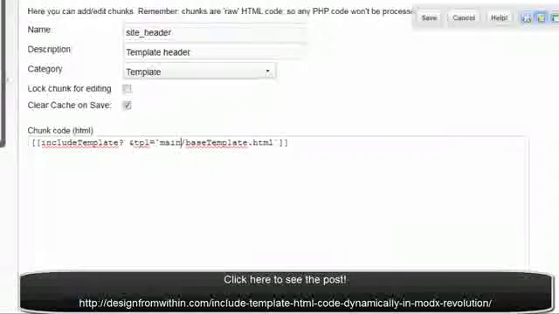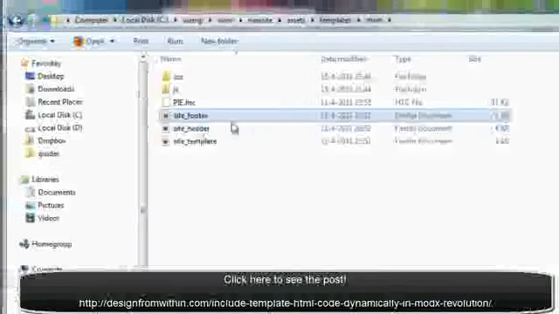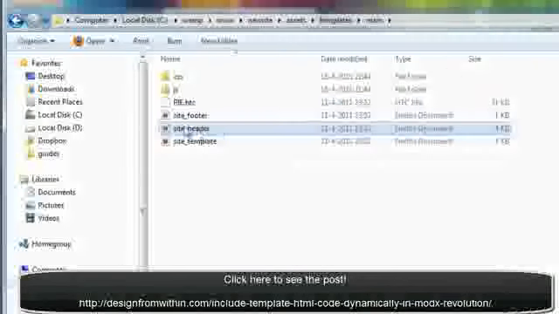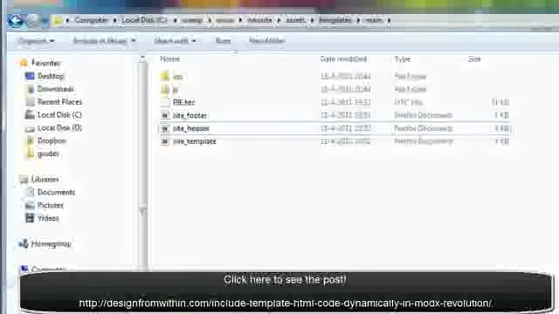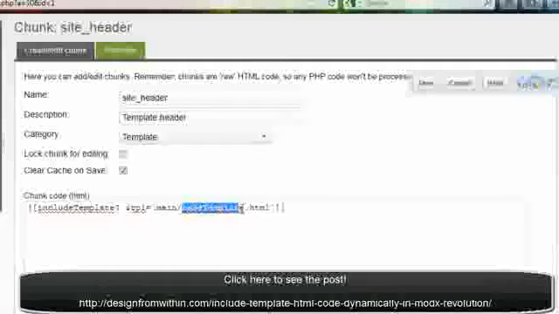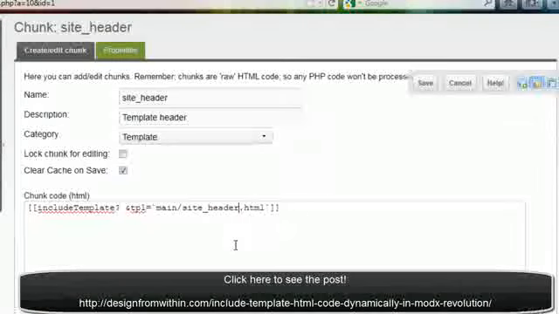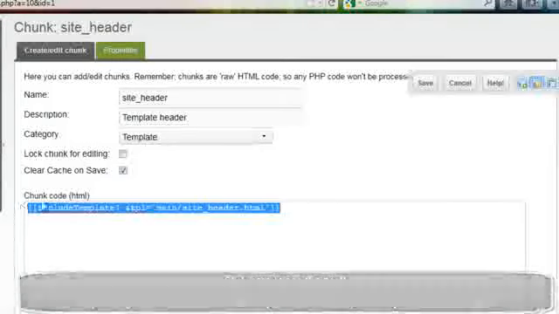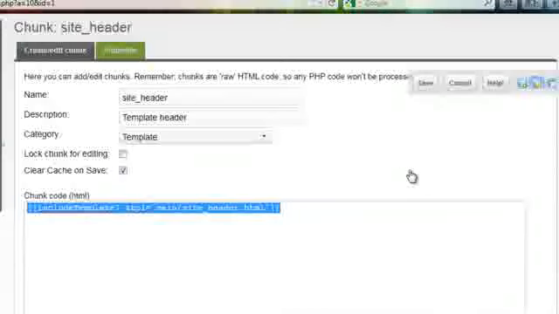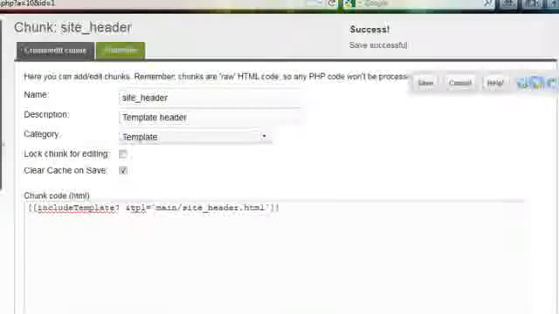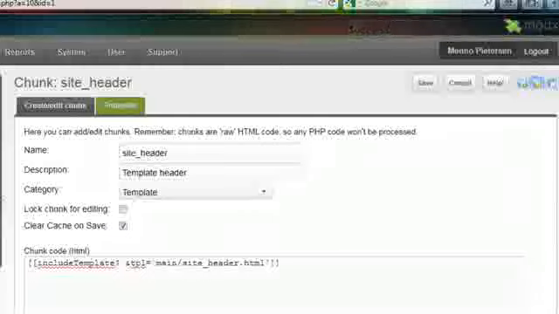So that's the name, and if you go to your code again, the code we want to include as the header is this site header. So instead of base template, I'm going to call it site header.html. So this is the code that will include dynamically our header code. Save it again, clear our cache, site, clear our cache,